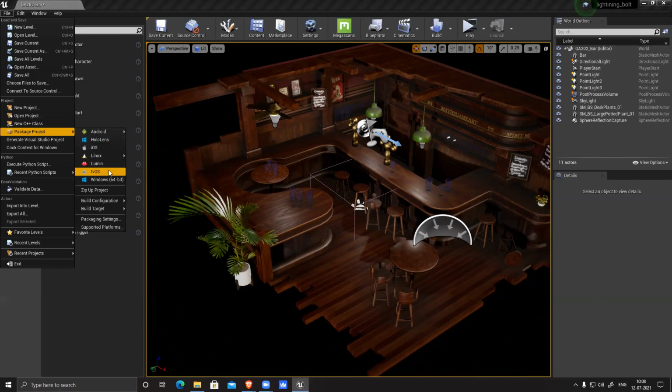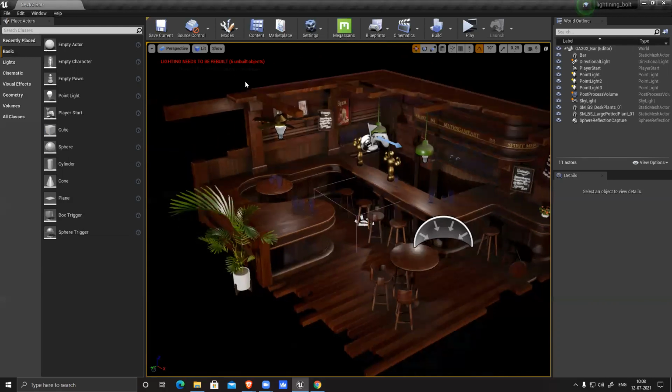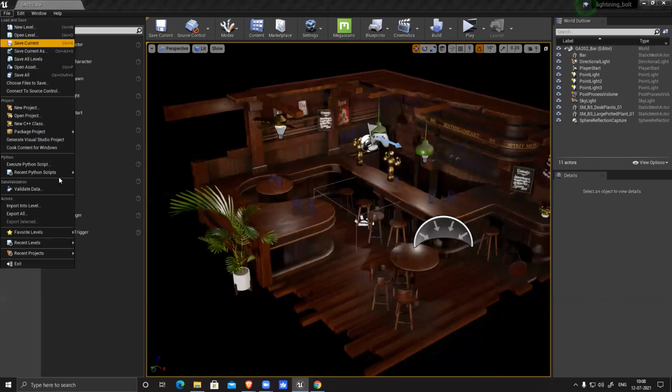You can use Windows, Android, iOS, whichever system you're running and wherever you want to play it. Based on that, just click on that. If you click it, it will start compiling everything, and I have to build all the lighting, and then I'll click on that.